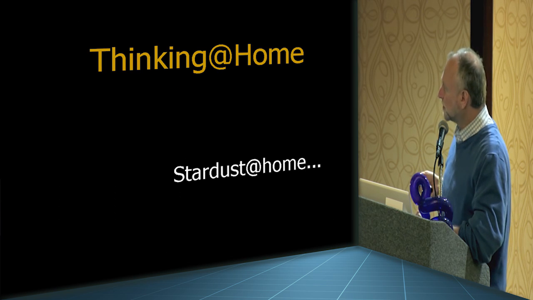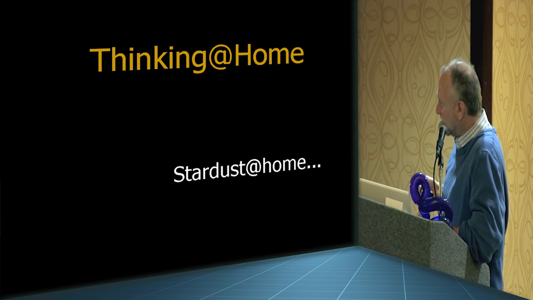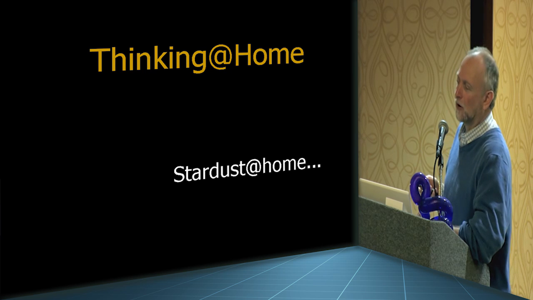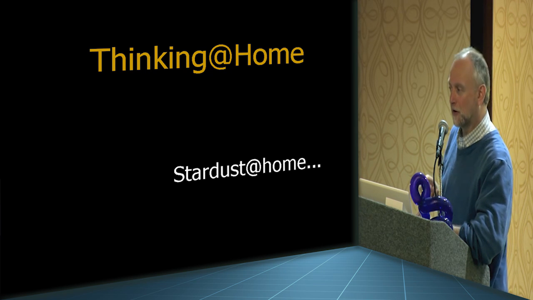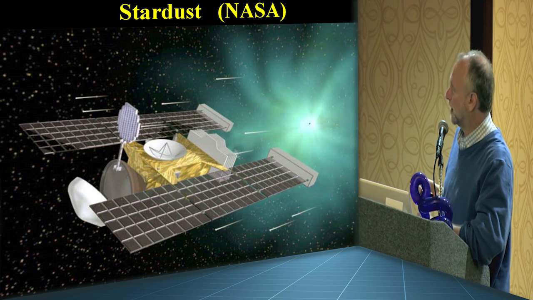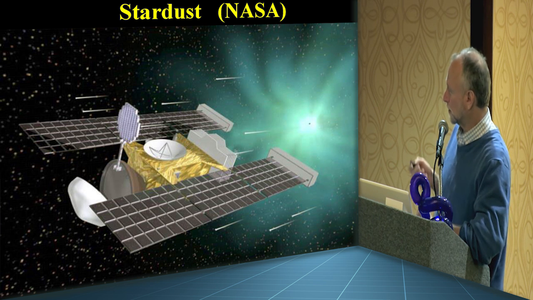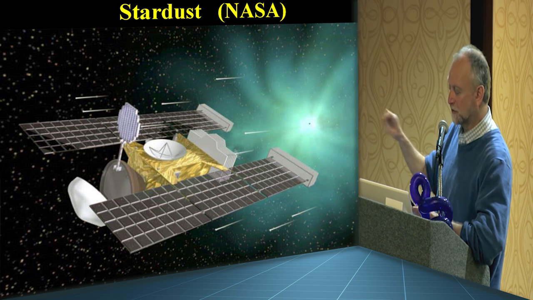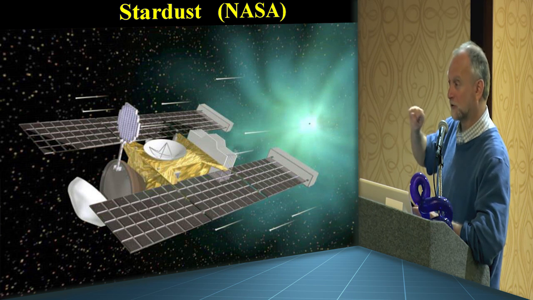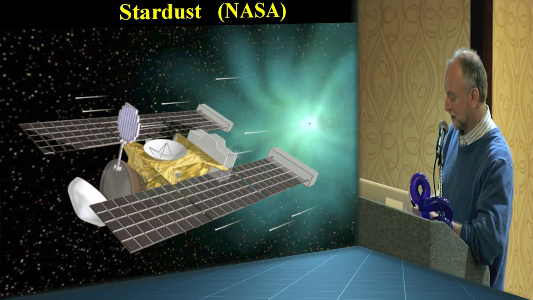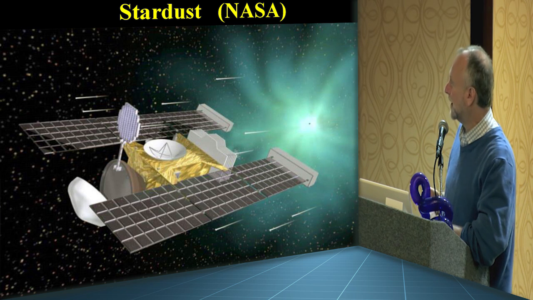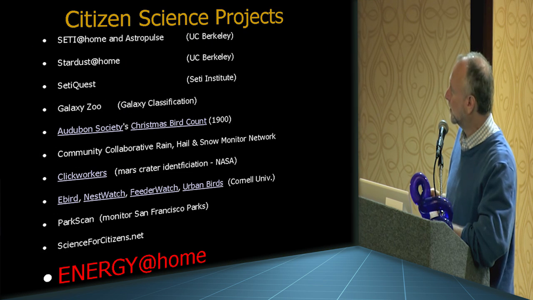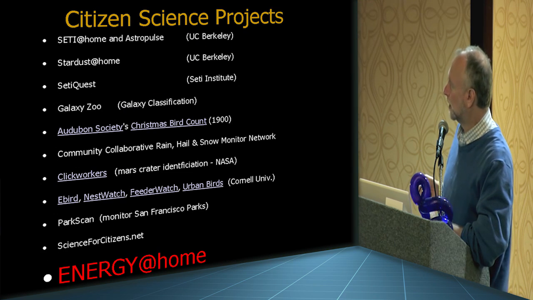We also have a project called Thinking at Home. This is for stuff that computers are not very good at, but your eyes and brains are good at. We sent a spacecraft out near Jupiter to collect little microscopic particles of dust. In order to find these microscopic particles, we would have needed thousands of students looking through microscopes. Instead, we sent these pictures out to volunteers to help us find the little particles of dust so we can find how the planets formed. And we got about 80,000 volunteers. So now there are a lot of these citizen science projects as well, for things that computers are not good at, but people are.